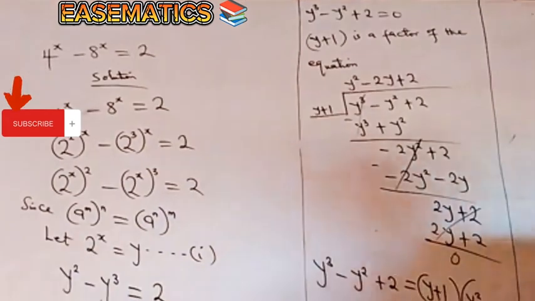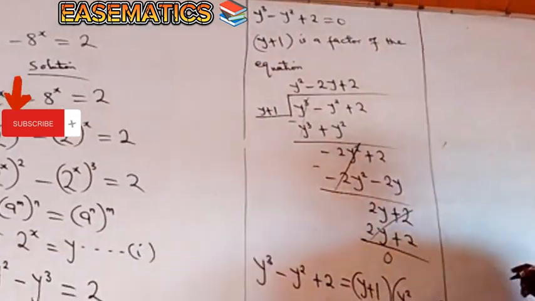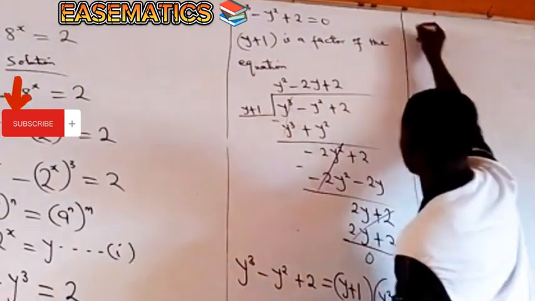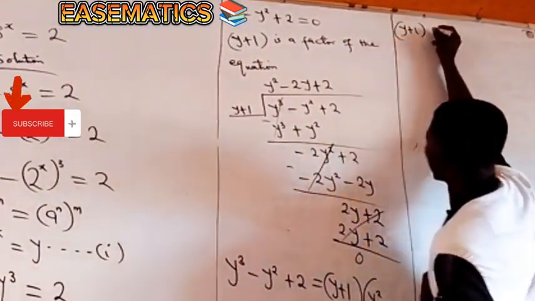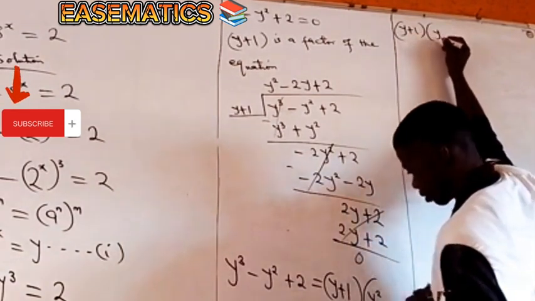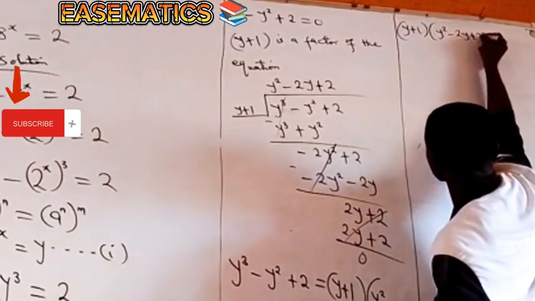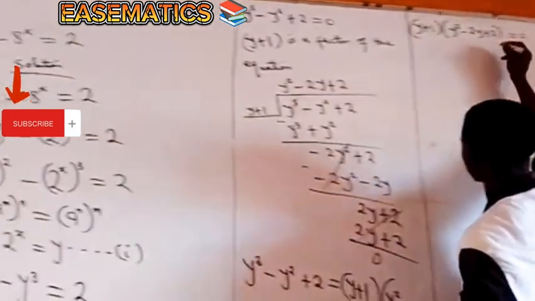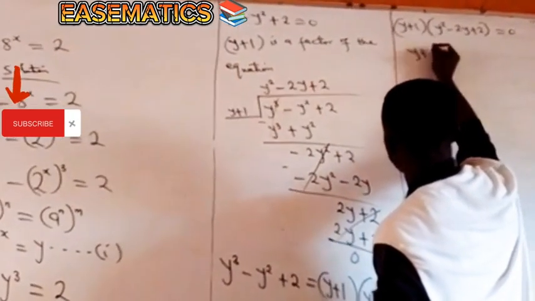We can break this down to this point, and we know that this is equal to 0. We already have that y plus 1 brackets y squared minus 2y plus 2 is equal to 0, which means that at this point y plus 1